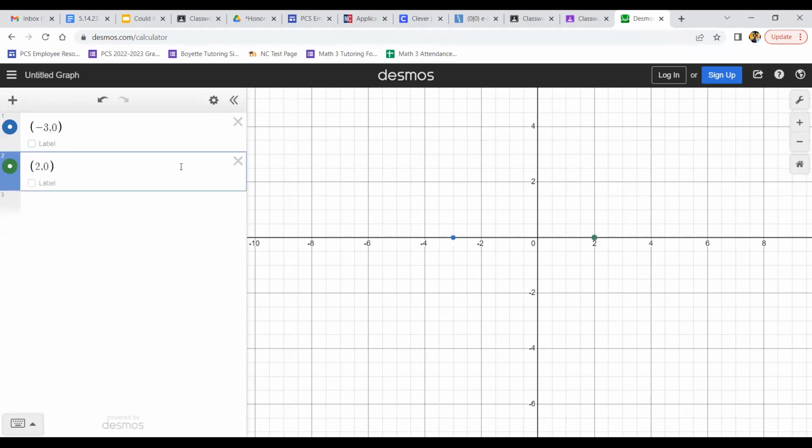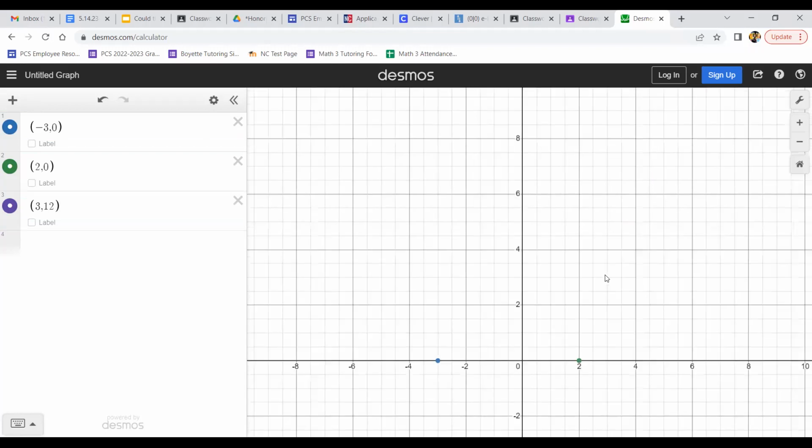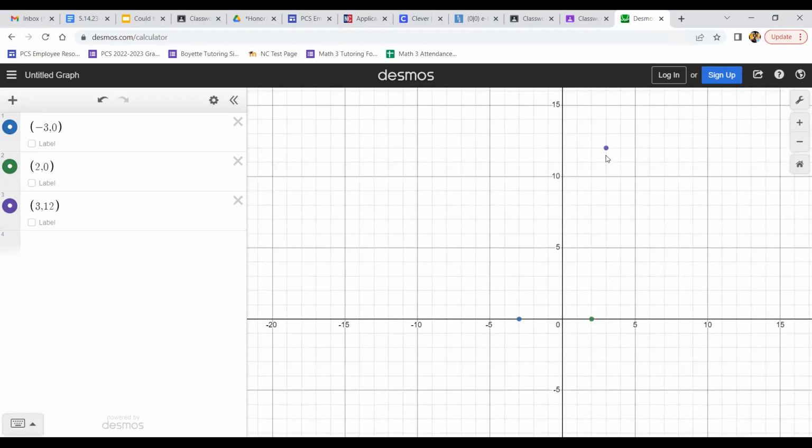+2, 0, and +3, 12. And 3, 12 is kind of up high on my graph, so I'm going to have to kind of zoom out, make it smaller. There's 3, 12. And then once I have those 3 points graphed, I can go ahead and start typing in